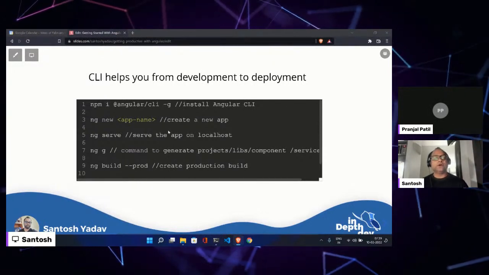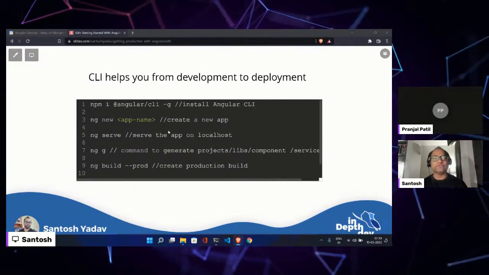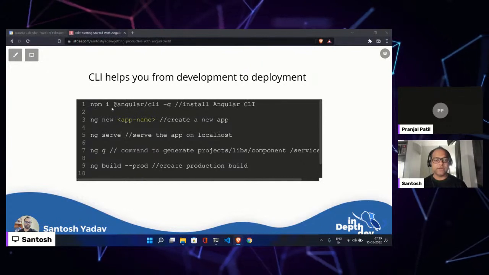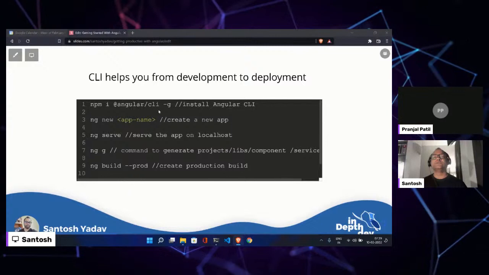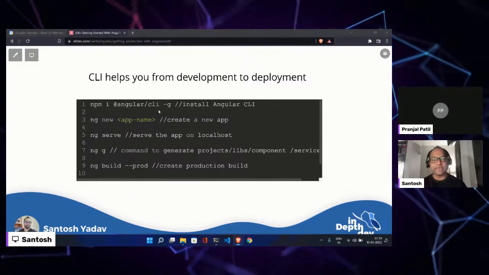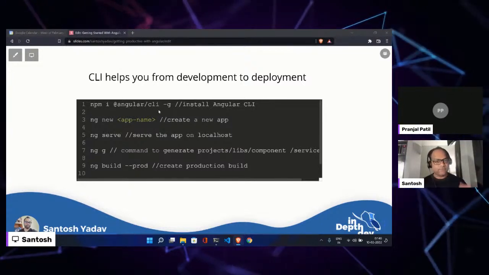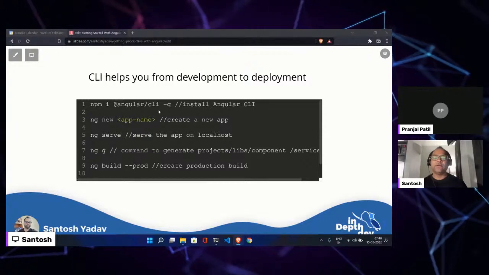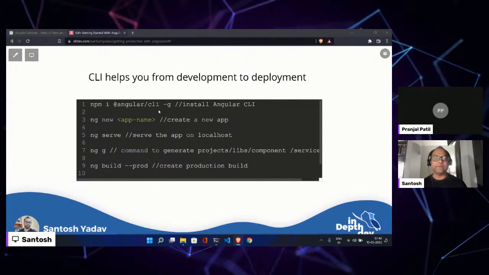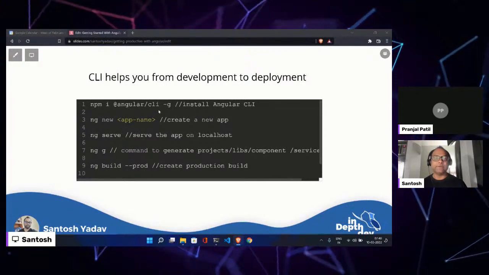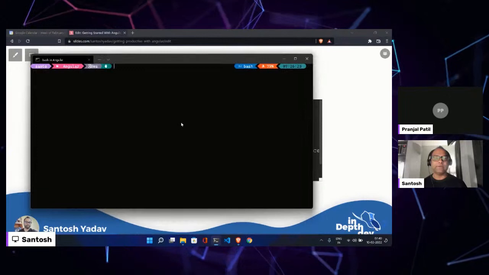Okay, great. So the first thing you have to do is install the Angular CLI. You can see the command which says npm install @angular/cli -g. The -g will install the Angular CLI globally. And in case you have previously installed Angular CLI, don't worry about it. You can just run the same command, and it will migrate you to the latest version. Right now I have Angular CLI installed.